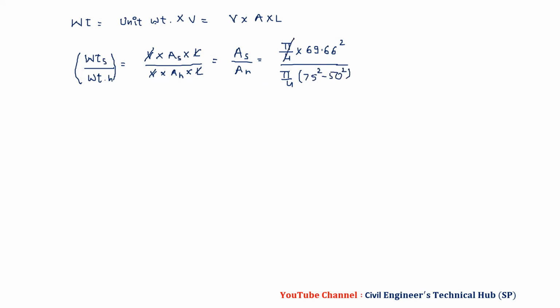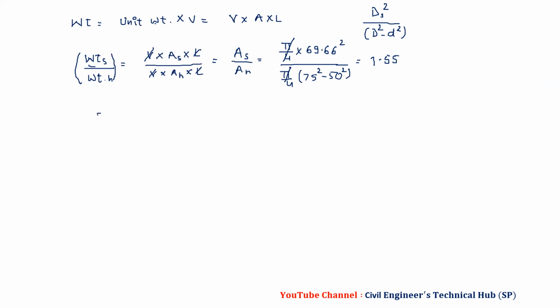And then pi by 4 gets cancelled. So keep in mind, you can have weights that is equal to diameter of solid square divided by D square minus d square. If material is same, length is same, you can use this formula directly to compare the weights. And we have this value 1.55. So weight of solid is 1.55 times weight of hollow, and therefore generally solid shafts are not preferred, because